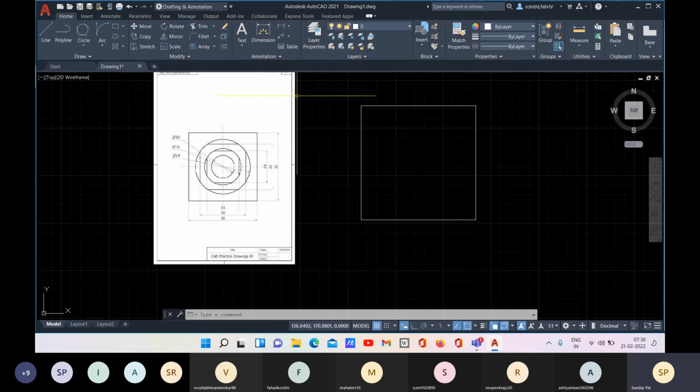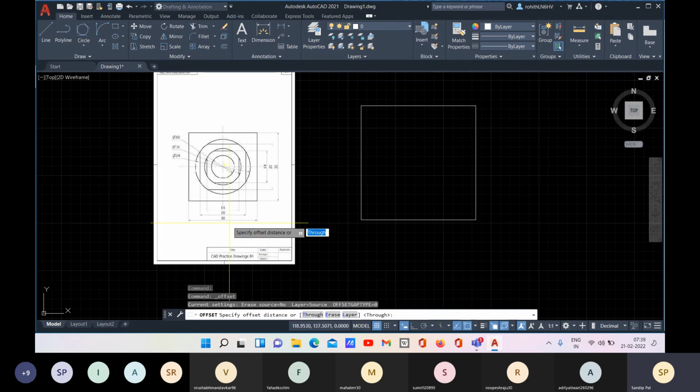So if we need to create concentric closed objects, I'll be duplicating it at a specific value. If I'm going in the inward direction, it will be reduced. If I'm going in the outward direction, it will be increased. So the length and the width values will be increased and decreased.